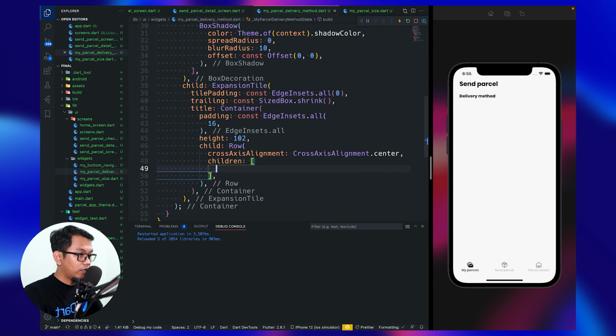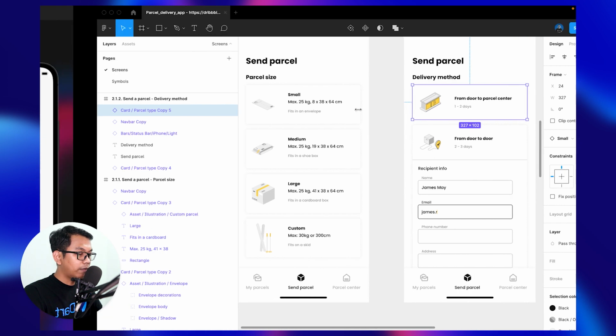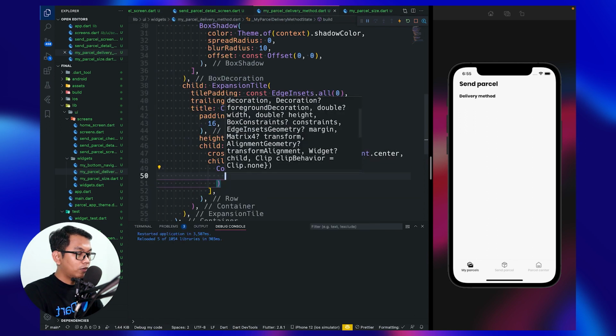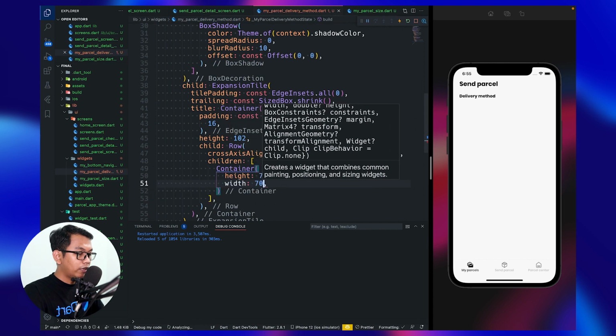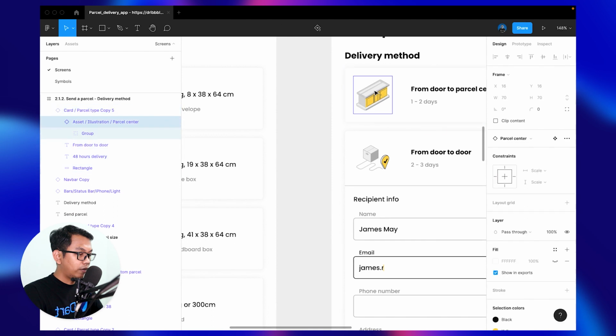And inside our children, because we use row, because we have two items, this and this will use a column. So inside our children, we use container to save our image. And for the width and height, it's the same. So right here, we press this and we see 70 and 70.